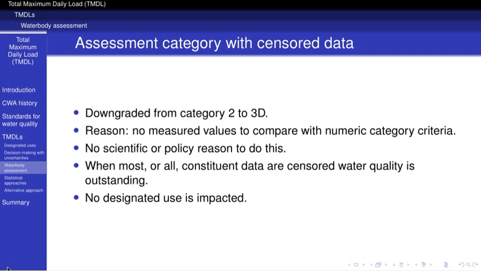The problem with downgrading an assessment unit to Category 3D because the lab cannot find any toxic metals or organic compounds for the state to compare with the regulator's fixed maximum values does not make scientific or policy sense. If there is no toxin present, or the presence is too low to quantify, the water certainly satisfies all beneficial uses concerning that chemical toxin. The data are not insufficient, they are sufficiently clear. There is no reason for any designated use to be adversely affected by the absence or undetectable quantities in the water.